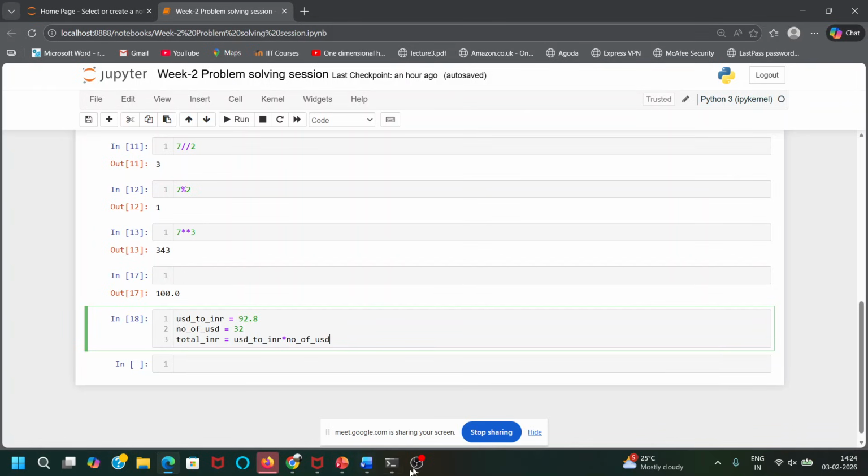You have the total value of INR you will get. Let's say you have earned some money in the US, came to India and converted it, and you will get this much INR.